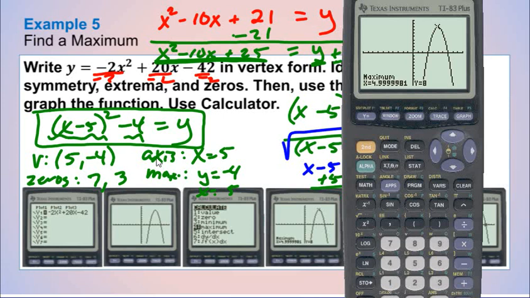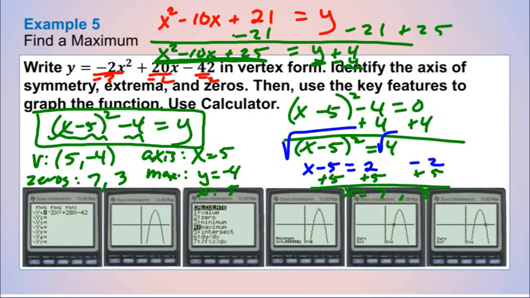Now that one is different than what I have here. So let me see what I did wrong on mine. Oh yeah, see the mistake that I made. If I go back here, now I did everything correctly to find the zeros, but I didn't do everything right to write my equation like that in vertex form. So if I come back to here,